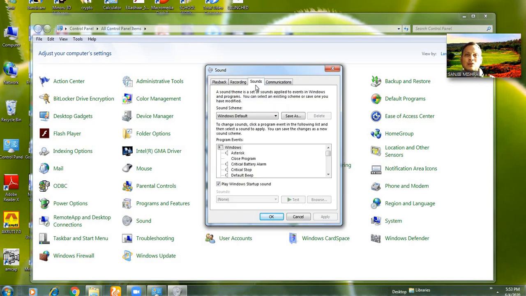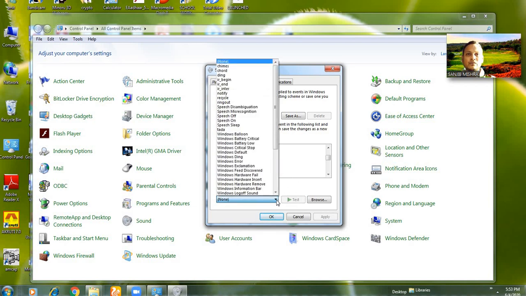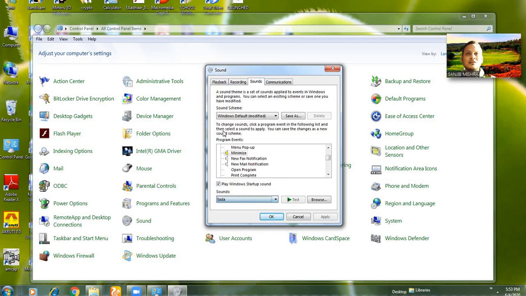Okay, then the sounds tab. What does it mean? You can set various sounds: one sound for opening a window, one sound for closing a window. Suppose I want one sound when I minimize a window. Then what will I do? Choose the minimize button and choose a sound from here, any sound, a tada sound or any other.